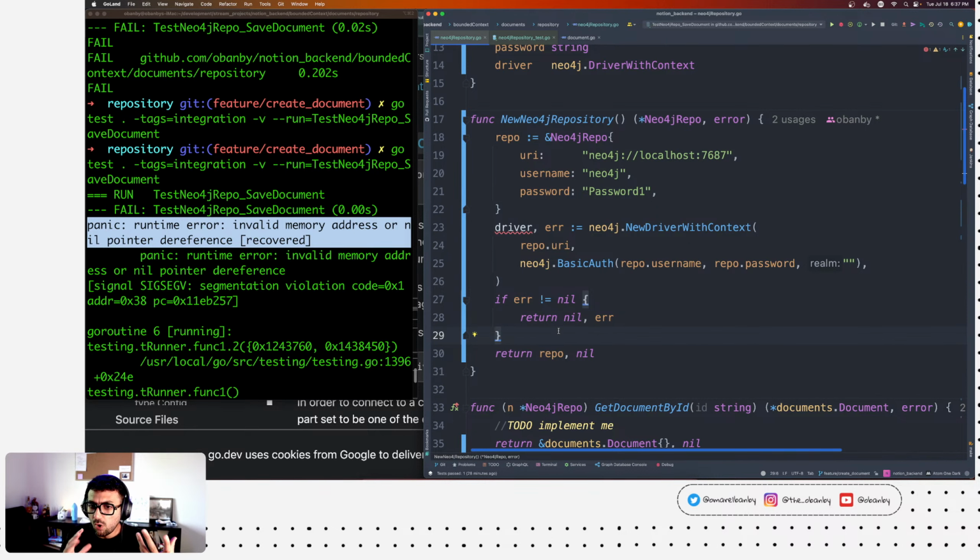But if you want to give them the freedom to do it either way, we can just return an instance of the repo, which is this one, and the error, right?